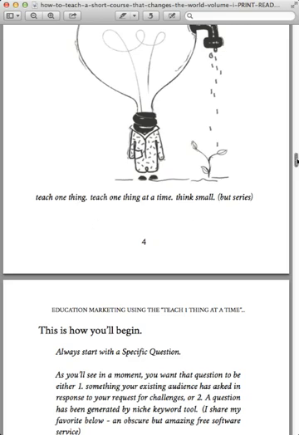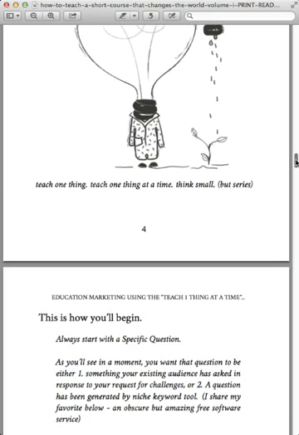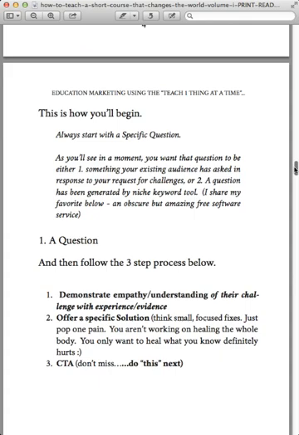So it all starts with a focus on small, right? So here is how I begin a conventional content marketing campaign using the educational marketing model. All right. Always start with a specific question, right? You want the question to either be something your existing audience has asked in response to a request for questions or challenges, or someone just texted me, I'm sorry for that noise in the background, or a question that has been generated by a niche keyword tool. I will share that process flow below. All right. So the question,